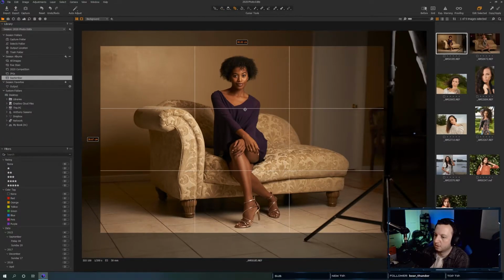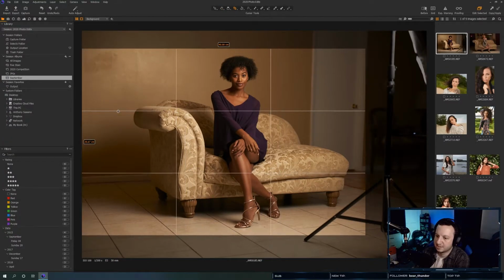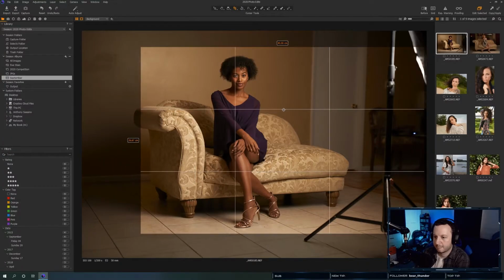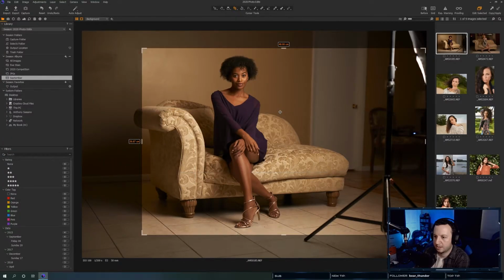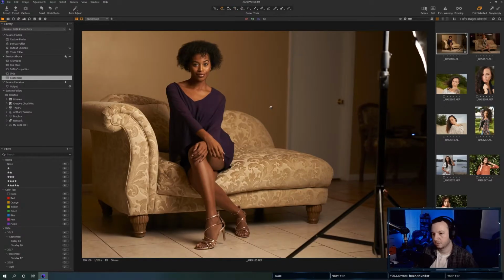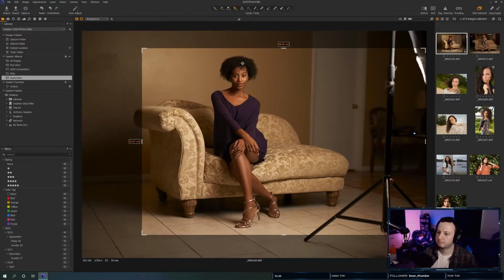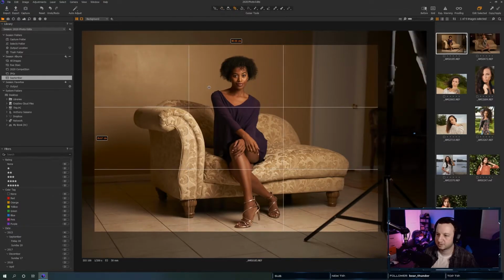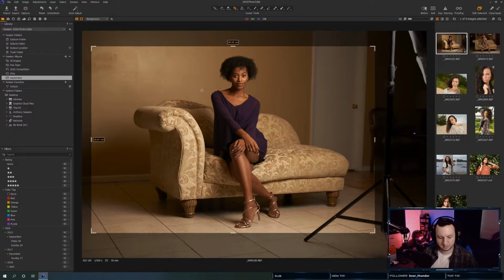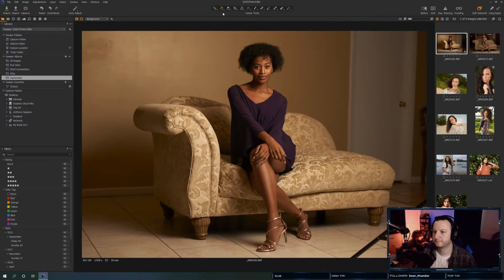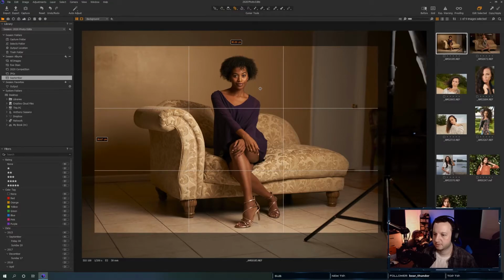Or would I want her on one of my lines? No, you know what? I don't think I hate it somewhat centered. Maybe just slightly off center. A little bit of headroom, a little bit of foot room. Maybe more centered.